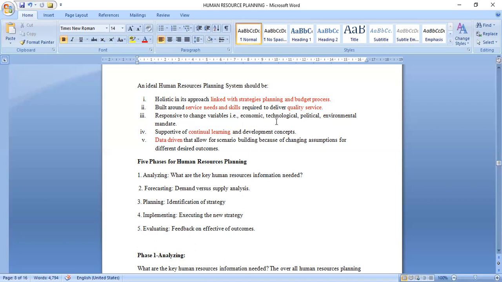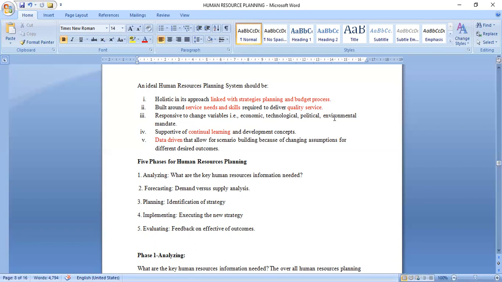Then we've also seen the technological factors, where we're seeing the need for human resource planning. With changes in technology comes the need for matching with workers that have the relevant skills, matching the changing technology. We've also seen that political factors have a lot of influence in human resource planning.